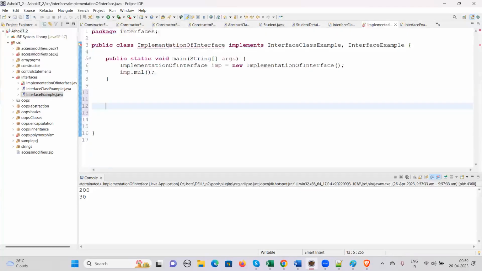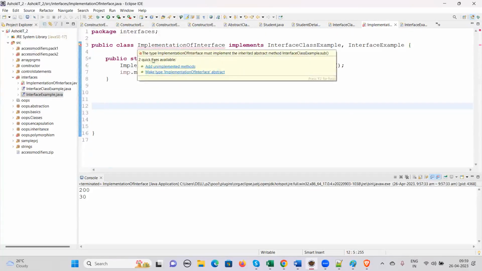remove this, now you see, the type implementation must implement the inherited class, add unimplemented methods. Otherwise, you have to make it abstract. This is another thing that I'll tell you. How do we make it abstract? Now we say add